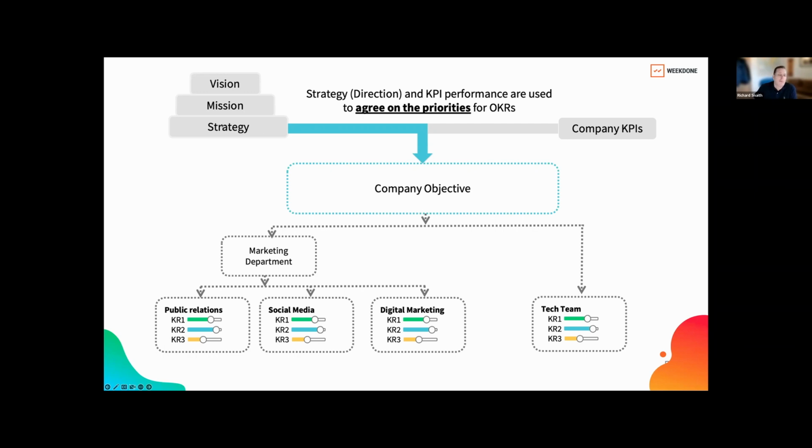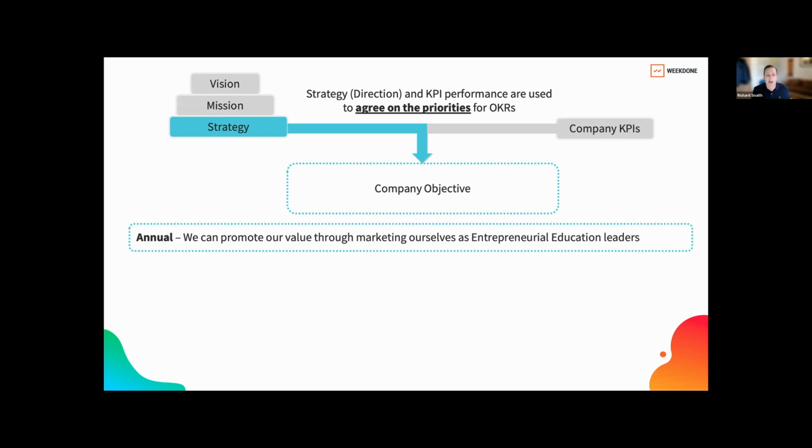So here we're talking about strategy to company objectives. There's a bit more to it. You know, this is a simple diagram. Strategy does lead to company objectives. There's some steps in between there, taking a 3 to 5 year strategy, mapping it out, thinking through it logically till we break it down to the company objectives. What do I mean by company objectives? Well, in this case, we've set annual objectives. You don't have to set annual objectives, but for a lot of companies that are already operational, annuals often make sense.